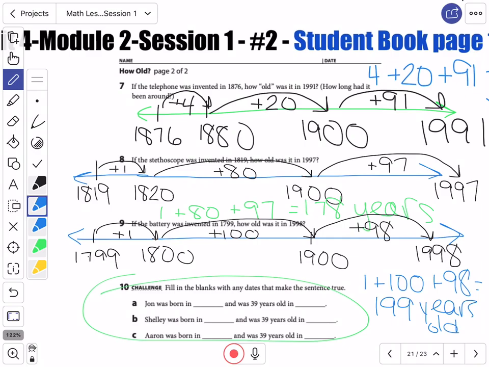Wowzers. Okay, so that is how we are doing this part of the lesson, okay? And like I said, this challenge, they're all really the same problem, but what you're trying to do is figure out what various numbers can you use here. And it's actually, there's more than one correct answer. So tomorrow we could do that, or we don't even need to really worry about it. It's just an extra challenge for you. So I'm not too concerned about it at this point. All right, I'm gonna go on